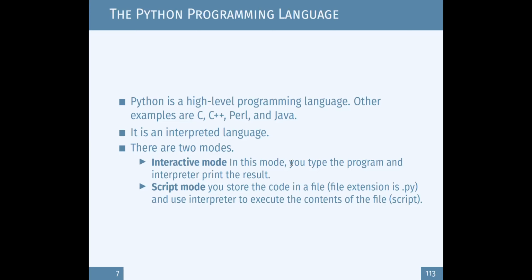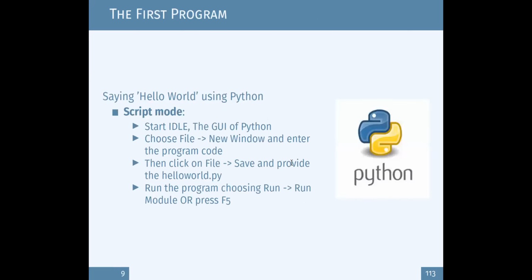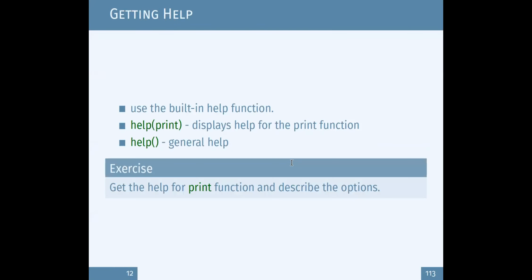So like in other programming languages, there are two modes we normally use. One is interactive mode, where you can type and get the result, or you can write it as a separate file. Those things we have actually discussed in the beginning, right? And the main point is, whenever you need help, you can search Google or ChatGPT, but I highly recommend that you use the help function. The built-in help comes with Python, which is very helpful. And throughout the module, I recommend that because that's the latest and that's where you will get more information.